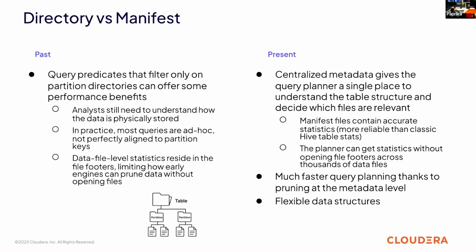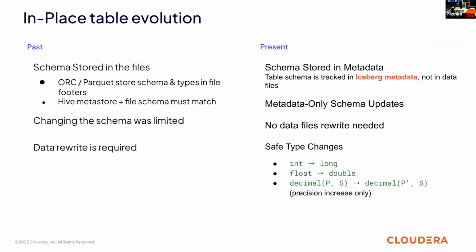Here, the manifest file contains some kind of statistics around it. And it's also safe for you, because in this case the engine just opens the manifest file and there are statistics. Okay, in this case I do not need to go under the hood, so I save time. And also the planner could be so smart because the statistics are available, and it's much faster to create statistics around it.